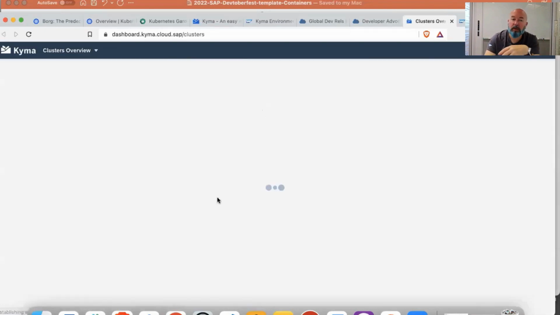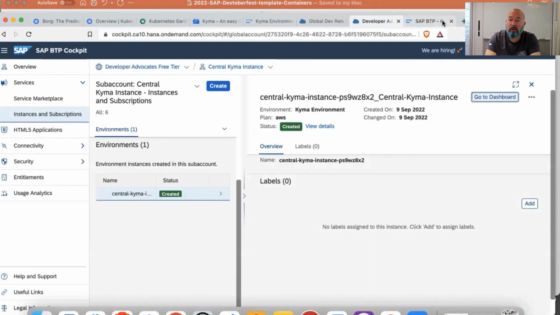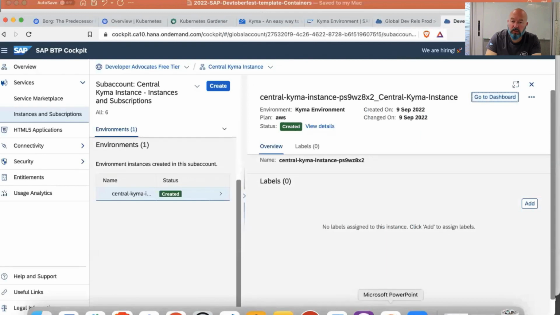So this is going to try to open up in the background. It's not probably going to go all the way through and have a production system because I haven't set everything up against it. But it's got security in front of it, which is great. So I can then see that I've protected myself from having open source consoles out there. I've got everything maintained. I use two-factor authentication from an SAP service. You might use a different kind of SAML or whatever to log into your Kyma systems. So that being said, I will now go back to my PowerPoint